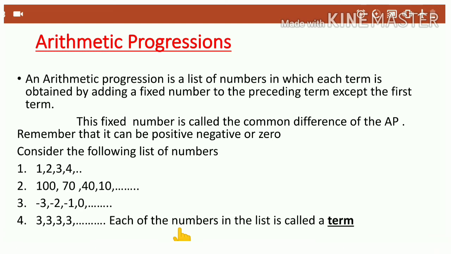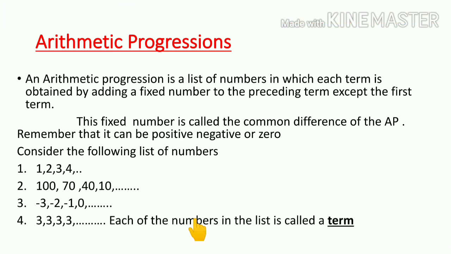So this was all about examples where you have seen various types of APs, sequences. What do you mean by sequences? All sequences are not arithmetic progressions. You have to remember one thing: all sequences are not at all arithmetic progressions. Out of the various sequences, only those sequences which are obtained by adding a certain fixed value to the previous term are known as an arithmetic progression.